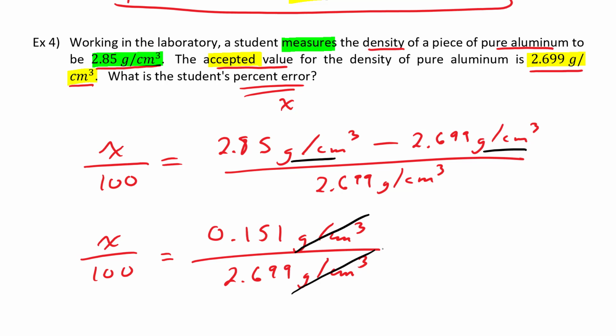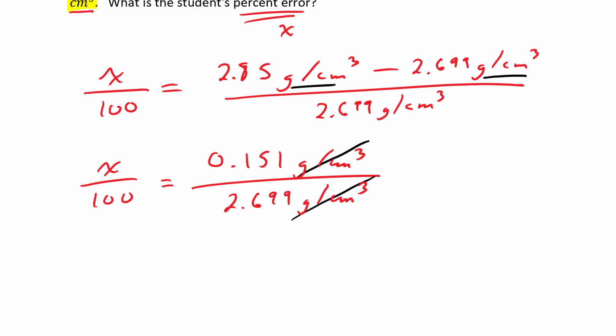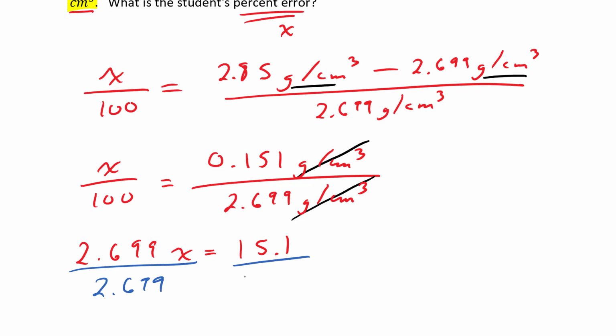That's why they don't appear in the final answer. We will then cross multiply. And divide both sides by my coefficient in front of x to isolate x on its own. Those cancel out. I'm left with x is equal to